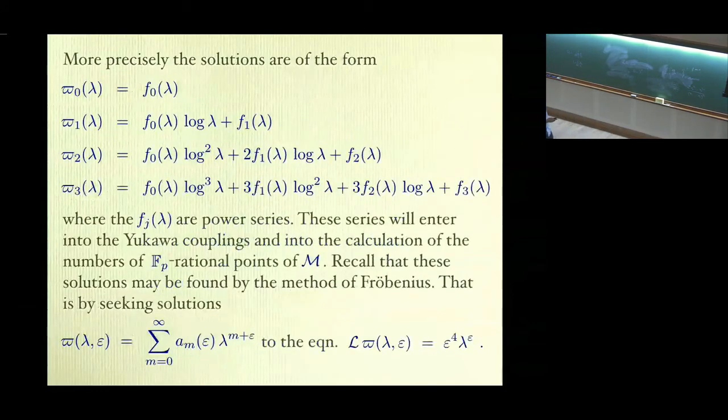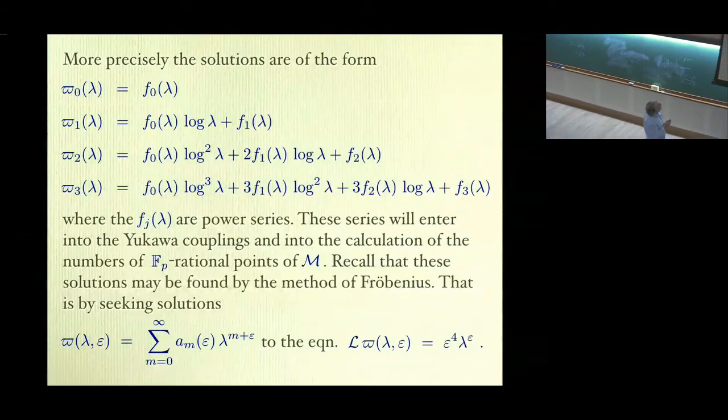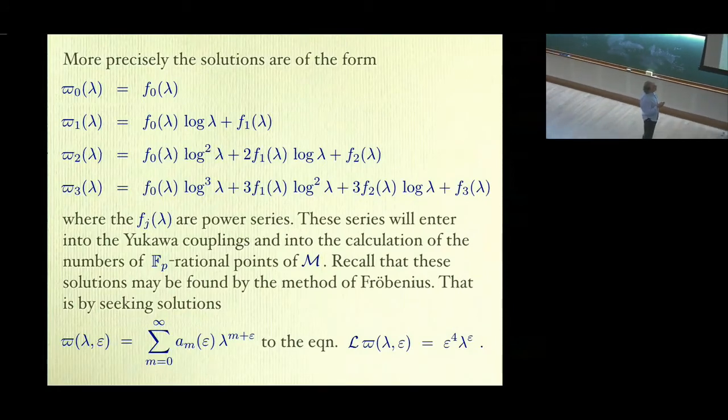And more precisely, I have to tell you what these solutions look like because we'll be making reference to them in a minute. So the first solution is the one we've already found, so this is just another name for it, this is a series. The second solution is the first solution times log lambda plus another series. Then there's another solution, which is f0 times log squared lambda, 2f1, same f1 as this, log lambda plus f2 of lambda, then finally a pi 3 f0 log cubed plus 3f1 log squared plus 3f2 log lambda plus a new solution